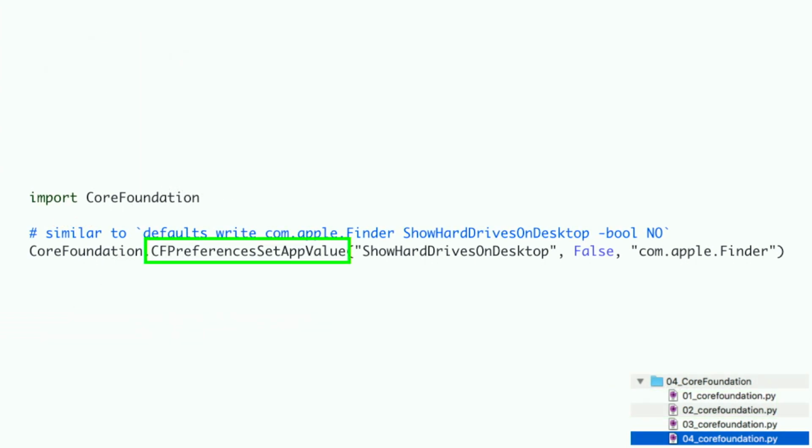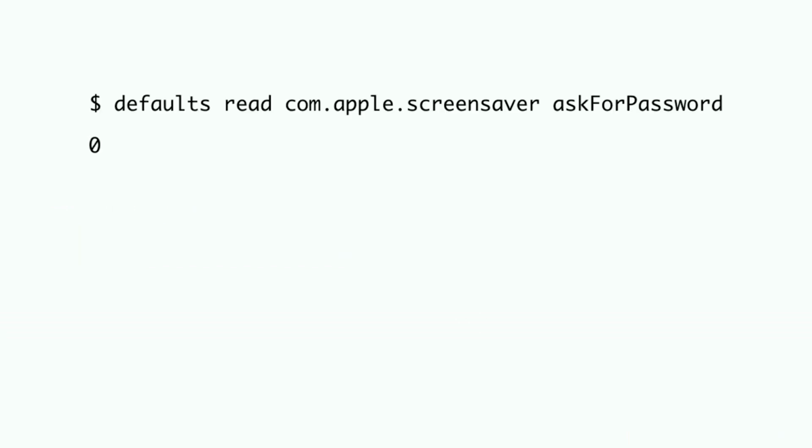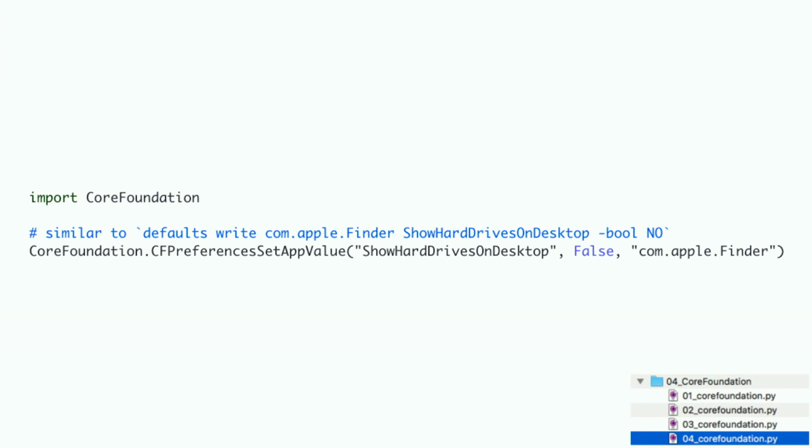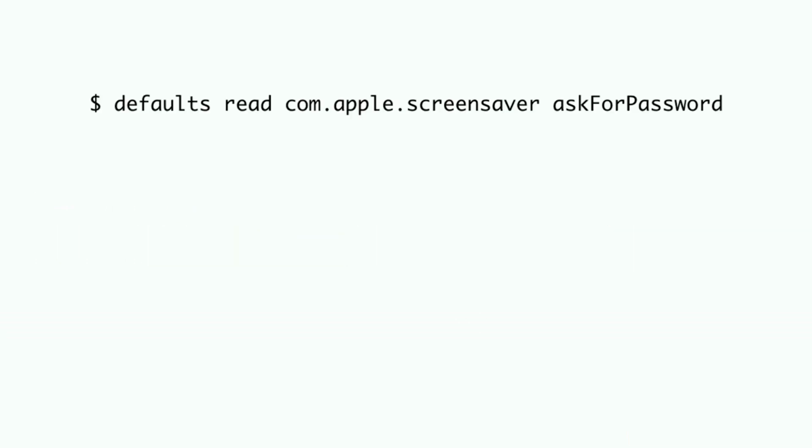We can also use CF preferences to write preferences. So this is just an example of using CF preferences. Let's go back. CF preferences set app value to show the hard drives, to set that to false, so we could turn that off. All right. And one more reason why you might want to learn about the CF preferences utilities and to use them is